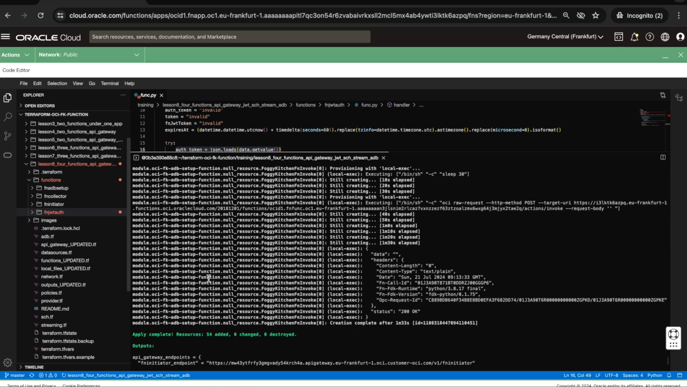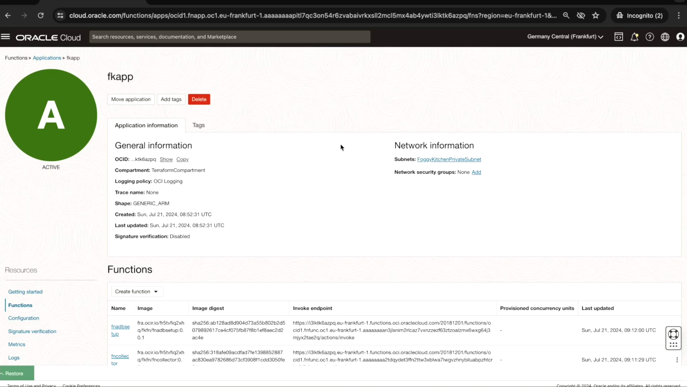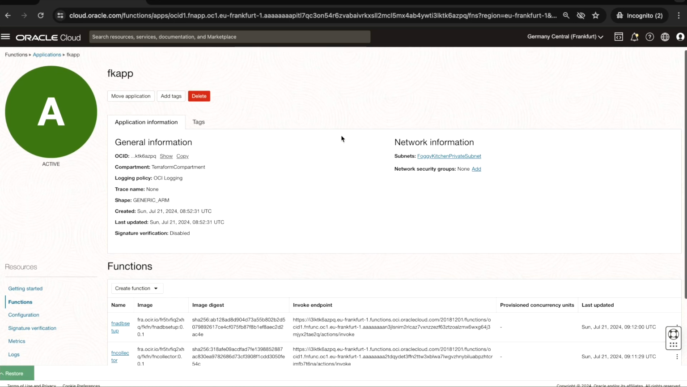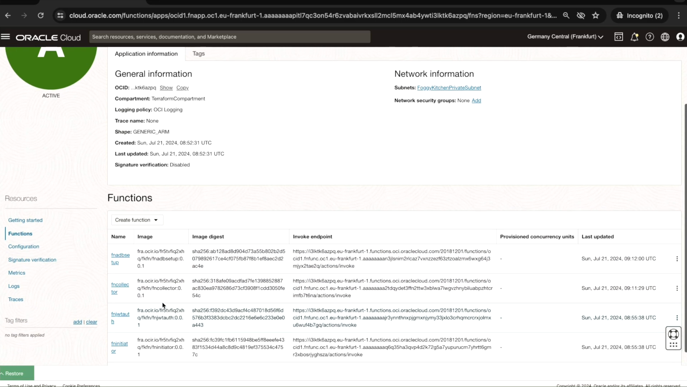Our ADB function has probably created a user table and initial records. We'll check it soon. Here is the endpoint of our fninitiator. We will use it soon for Postman, and we have this token which has been used to create our new function. So let me go directly to the application, and as you can see, we have 4 functions now in our